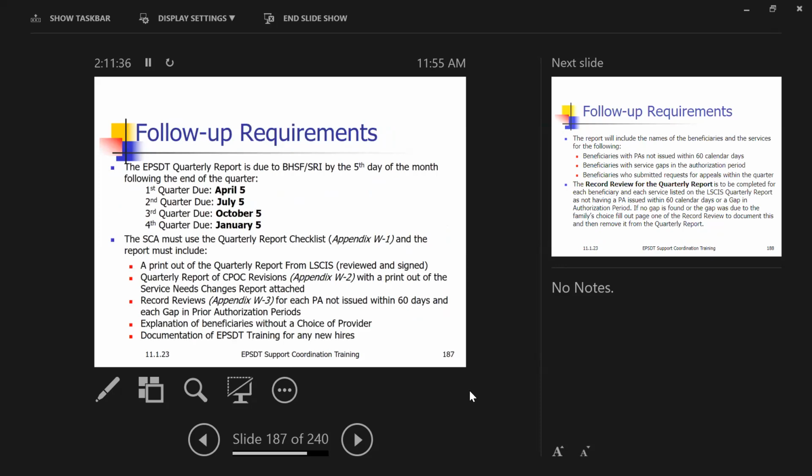The quarterly report is due to me by the 5th day of the month following the end of the quarter. So it's always going to be April 5th, July 5th, October 5th, and January 5th. The support coordination agency must use the quarterly report checklist, Appendix W1, and the report must include a printout of the quarterly report from LSIS, which needs to be reviewed and signed, a quarterly report of CPOC revisions, which is